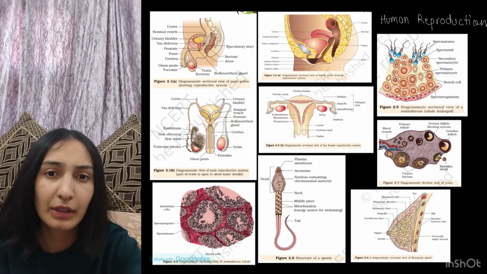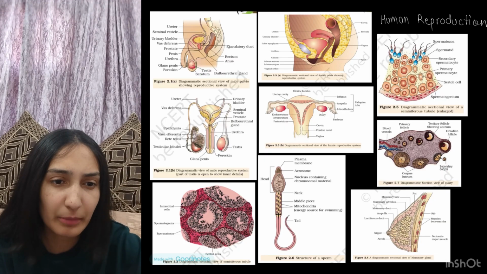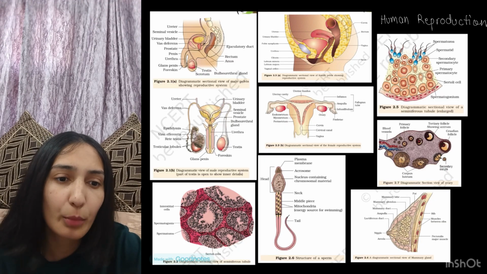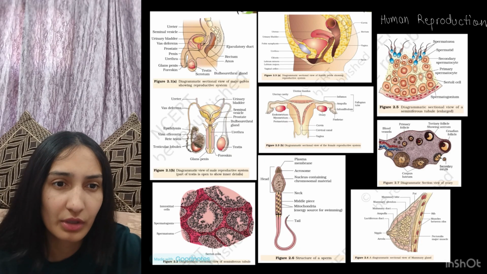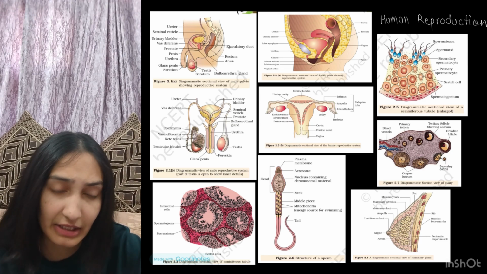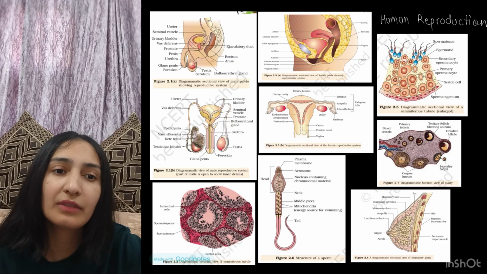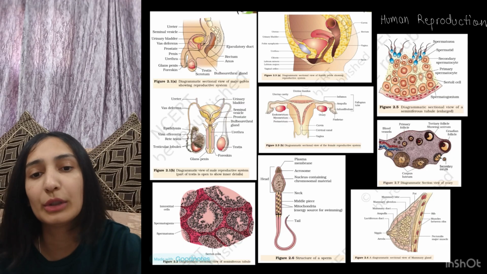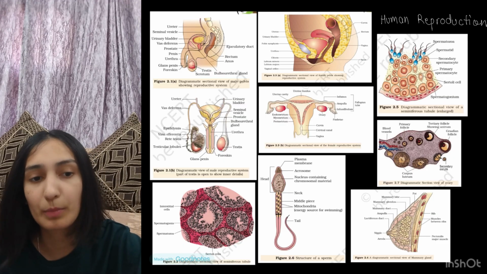Now figure 2.1b depicts the diagrammatic view of male reproductive system, that are the parts of testes. It is open to show the inner details. So starting off with the urinary bladder, then we have seminal vesicle, prostate, bulbourethral gland, urethra, testes, foreskin, glans penis, and then we have ureter, vas deferens, epididymis, vasa efferentia, rete testis and testicular lobules. Along with this you also need to remember the pathway and how the sperm is formed.